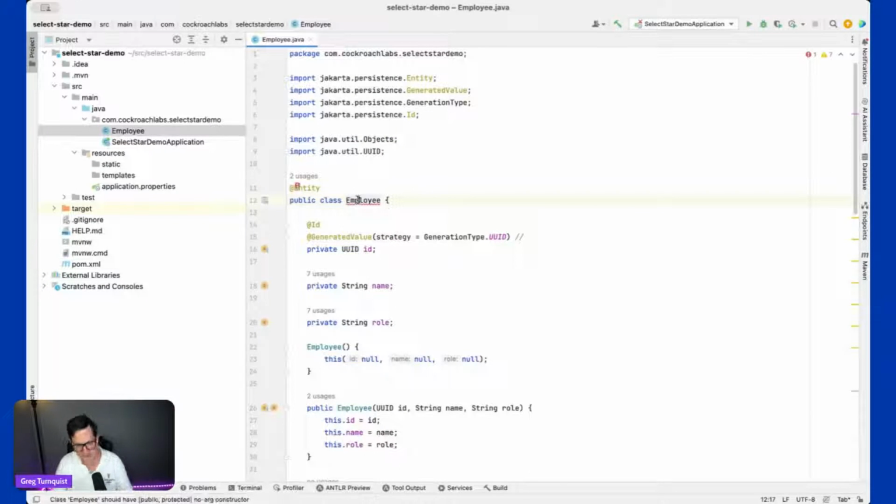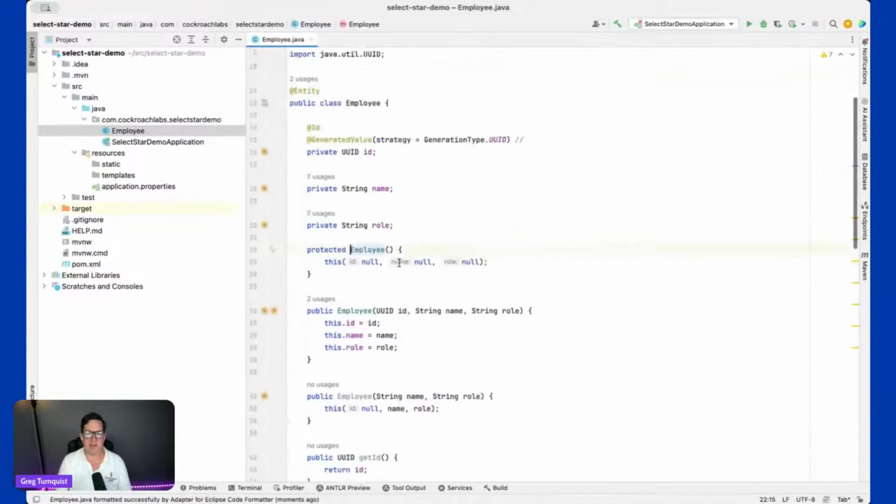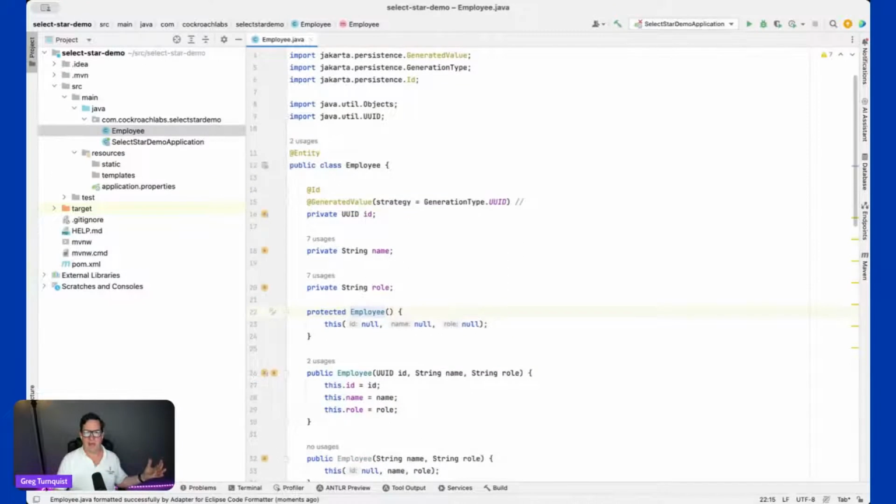Oh, yeah, the thing is complaining that this has to be at least protected. It can't be default visibility, because that would make it private. Okay. All right. So we have us here a nice and handy